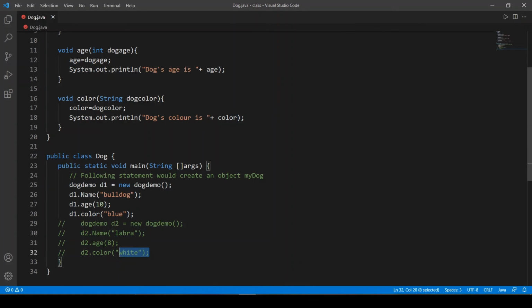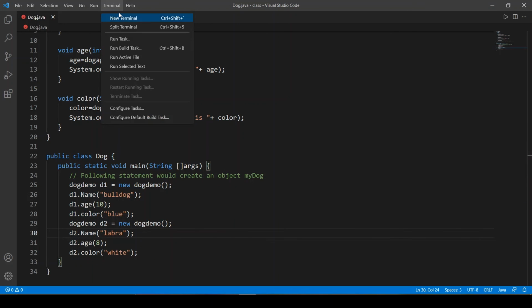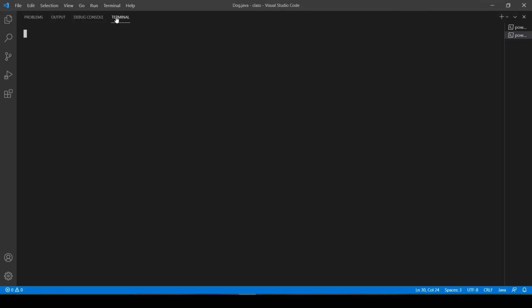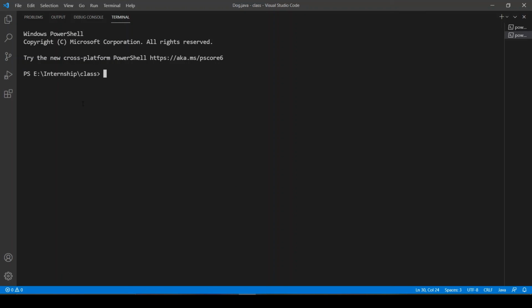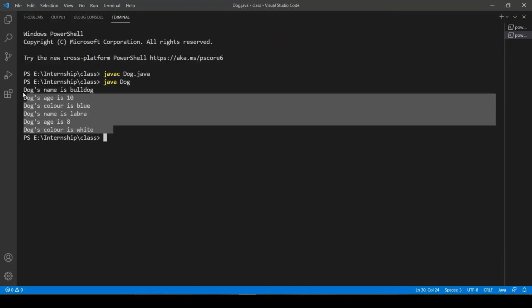In the same way, I have made another object D2. Now we will add this, and let's run this code once again. As you can see here, a number of statements are printed.